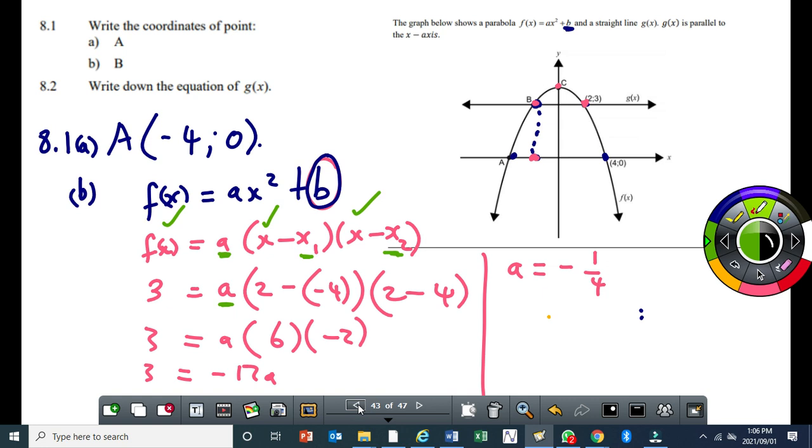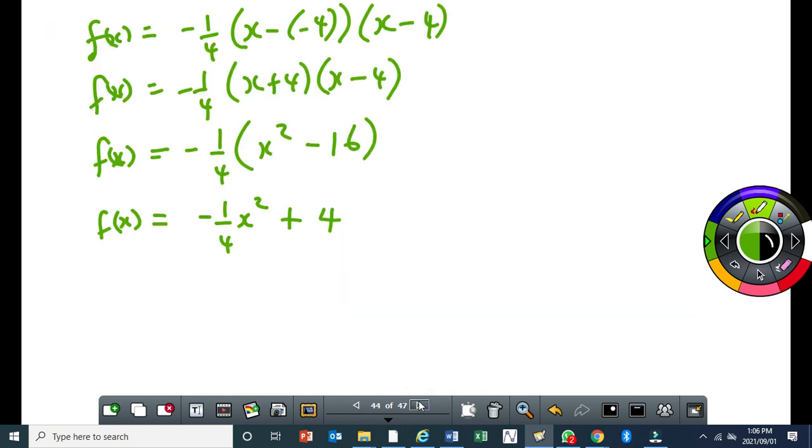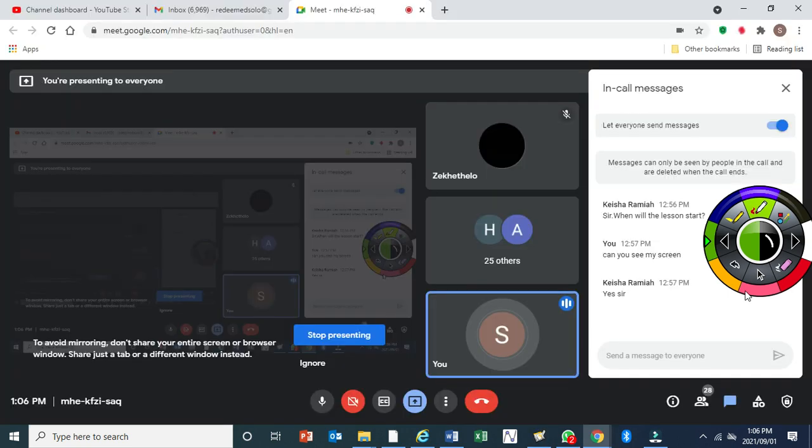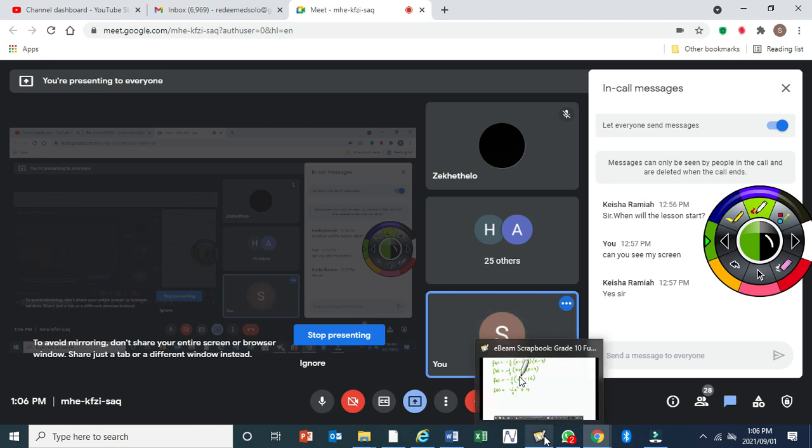Okay? Any questions so far? Any question? No, sir. I hope that you are aware that to find the coordinates of B, it's more complex than to find the coordinates of A. To find the coordinates of B, you need to determine the equation for f of x. So I have done that, right? Now that I know the equation,